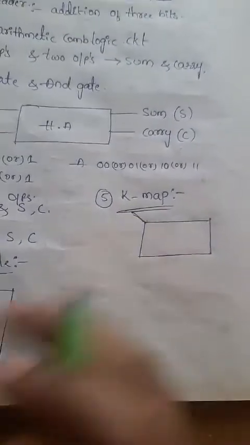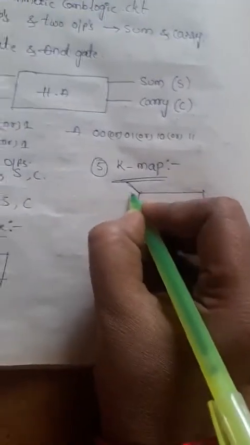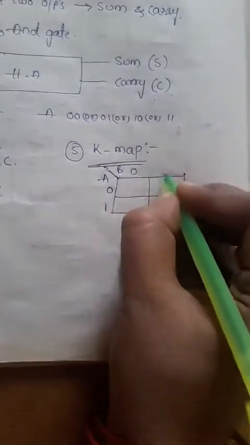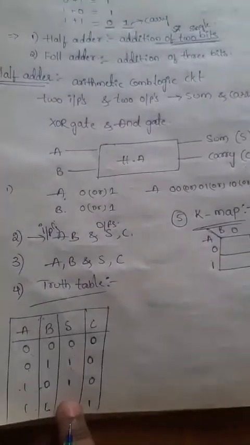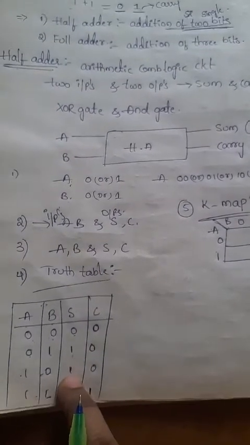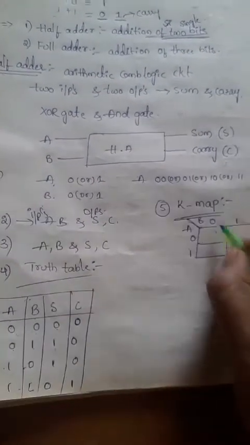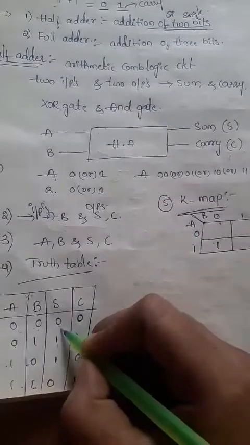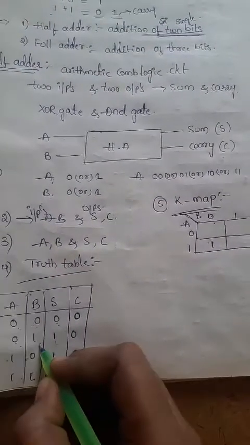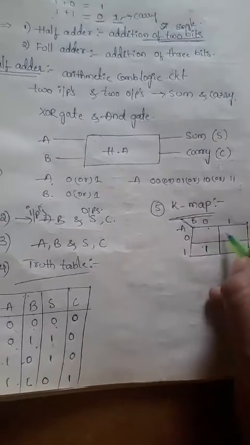Here, how many input variables are we having? Two inputs. That's why I can represent a two-variable K-map. So this is the A column and this is the B. Totally we get only two possibilities for a single variable, 0 and 1. Here, in the SOP form, we have to represent the ones in the cells, right? Where we are having the 1, the 0 1 case will get the 1. So 0 1 is nothing but A will be 0 and B will be 1, so A is 0 sidewise and B is 1 topwise.